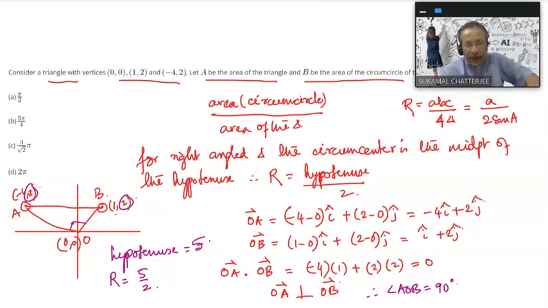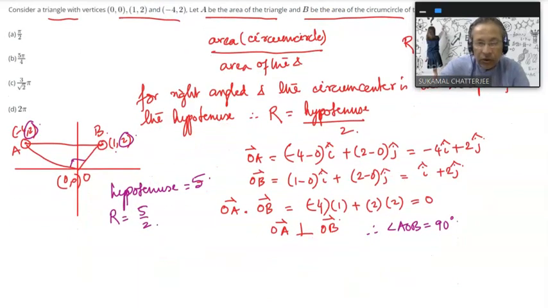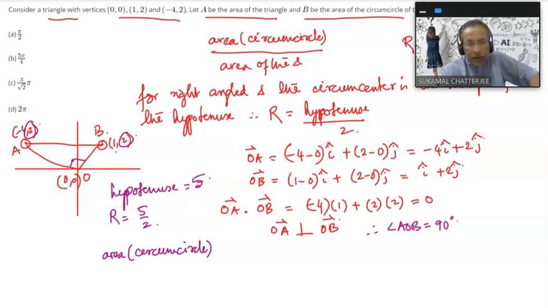Therefore, the area of the circumcircle will be pi r square. So the area of the circumcircle, which is B, is pi into 25 by 4,